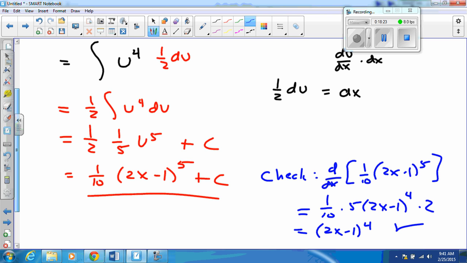And it checks out. As before, the checking process will give you additional insight as to how this substitution works. So you should check all of your answers, not only so that you know that they're right, but also so that you will quickly begin to understand how the substitution process works. Okay? Now,